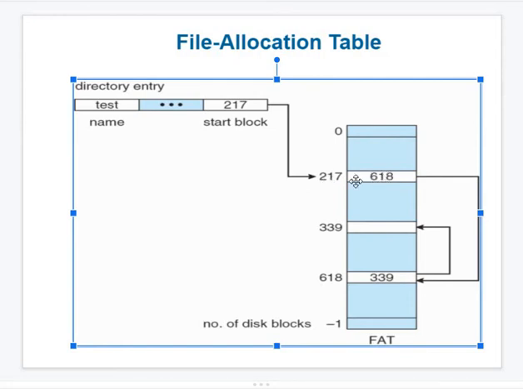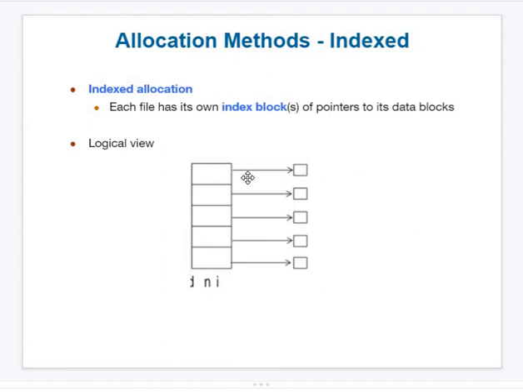So you access data from file 217 and get a next link, that is 618. Along with 618's data you get a next address, 339. You go to 339 and get the final data because there is no further reference. This is how it works in the FAT technique.